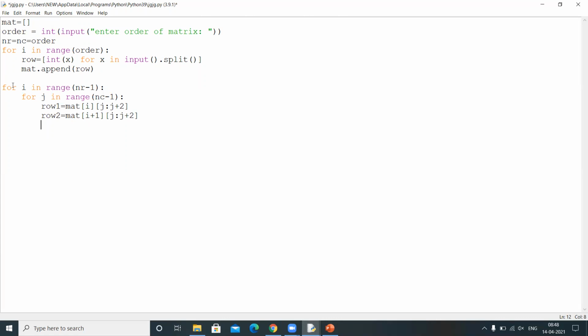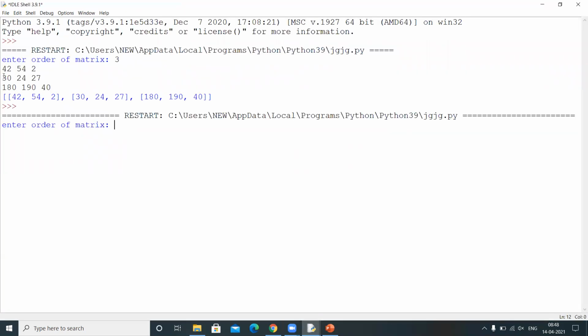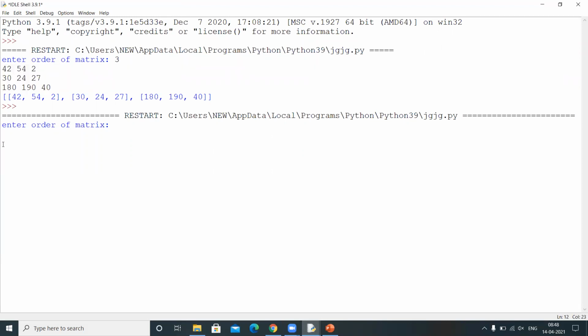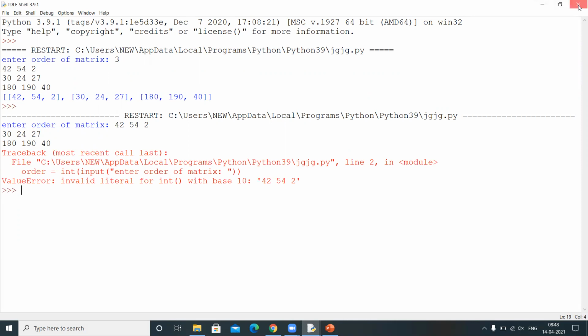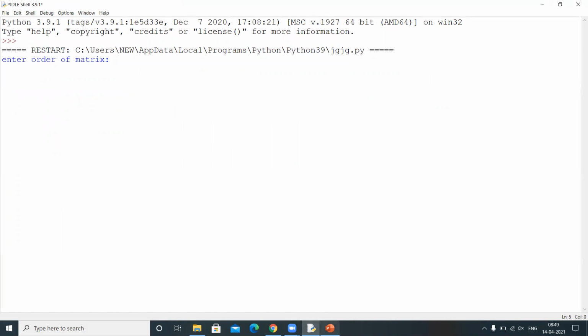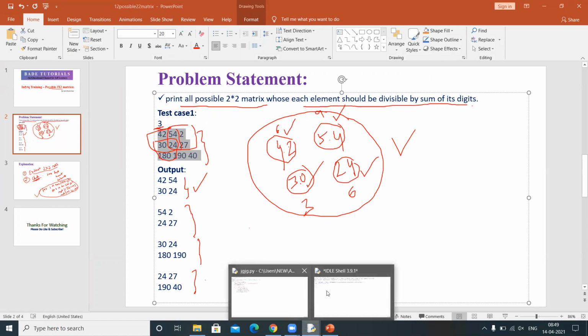This is up to matrix generation. Now observe here, you can see our 2 by 2 matrix also. Print row 1 comma row 2. Observe, row 1 comma row 2 I am doing. Let me save this code and execute. Similar elements I am giving here, okay? Let me copy and paste it here. Just a minute, we have not pasted it correctly. You can see here. Just a minute. You can copy from here. Let me copy and paste it here, okay?